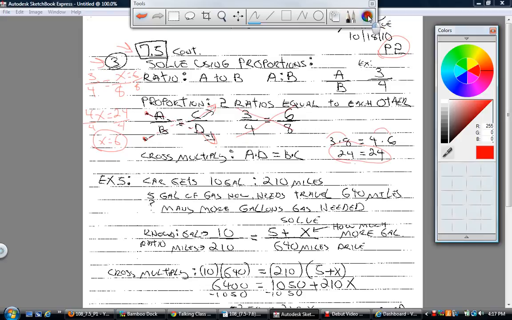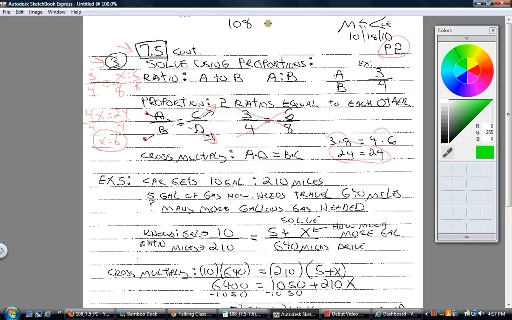Just pull this up here. Go to a different color here. I want you to think about this. Take that same fraction, 3/4 and 6/8, and I want you to say, no, you know what? Let's come over here. Let's say you're going to solve for x. So let me make some room up here. Here's the problem. It's 3/4 equals